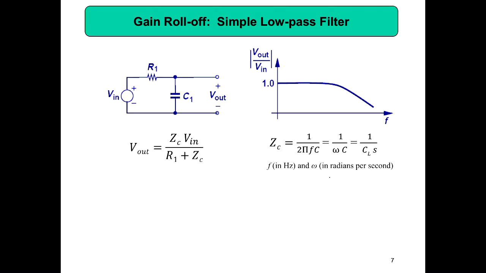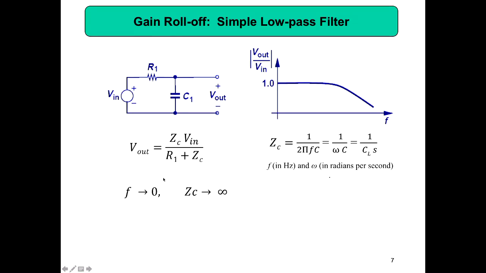Then how do we prove this is a low pass filter? From this equation, the output by V in is the transfer function. In electronics, when people talk about a transfer function, it is mostly output by input. If you know the expression for the output in terms of V in, when there is a capacitor, you can find out whether it is a low pass filter or a high pass filter. So how do we find out? You can put